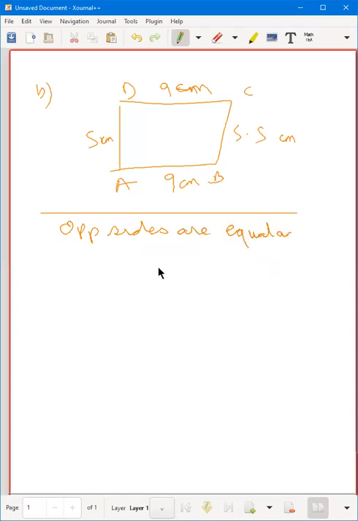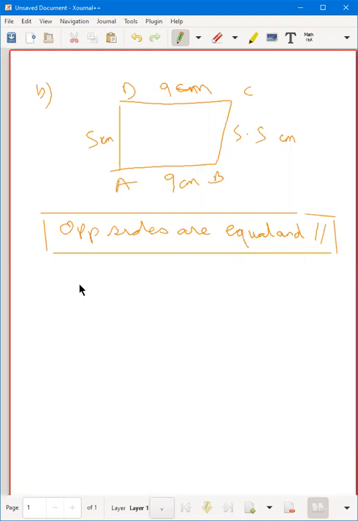Sir, no, sir. No, sir, as in you cannot tell me, or no, sir, as the answer is no. Which one? Sir, the answer is no. Okay, reason being? Sir, because opposite sides and angles are equal. Angles are not given, Siddhant. Why are you assuming? Sorry. No, no, not angles. Opposite sides are equal and parallel.